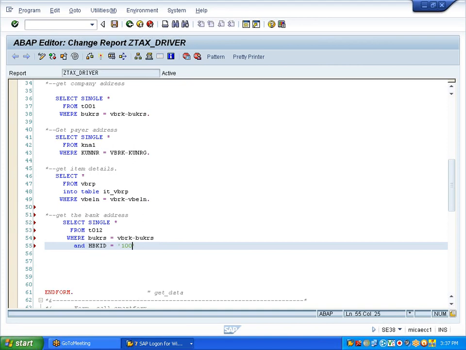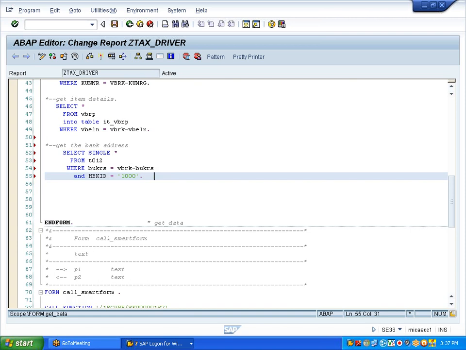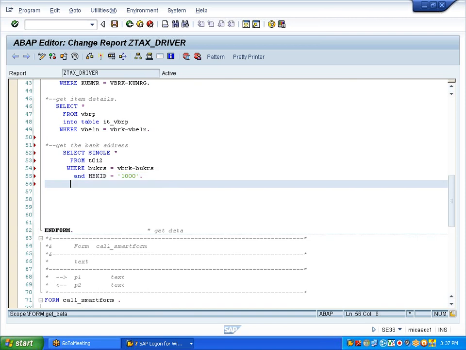Because if you don't give this HBKID, one company code can have many house bank accounts. So many house bank accounts will come. But what the company will generally do, the company will select a particular account and they want to pay your amount into that particular account. They will provide that account number. So house bank account ID they will provide. Based on the house bank account ID, you give the house bank account. So once you got these details, then